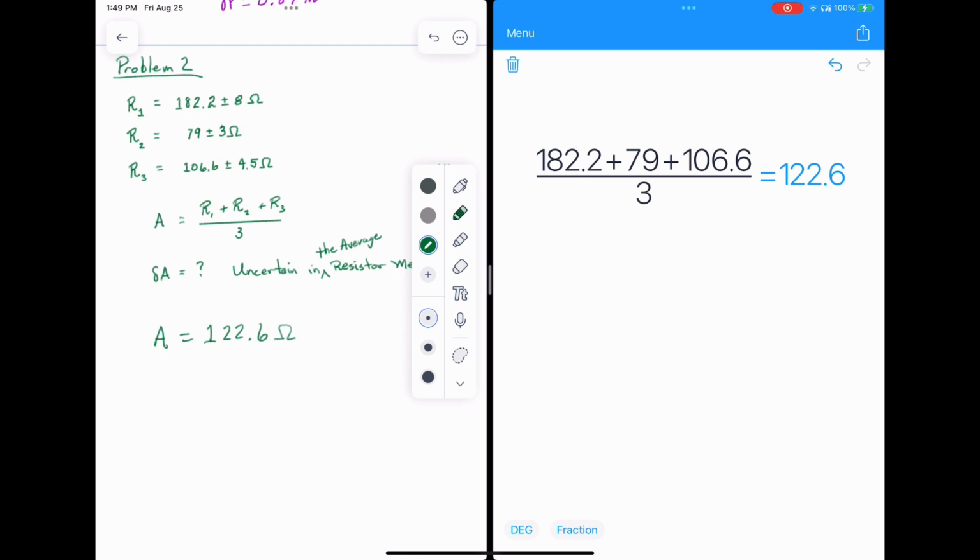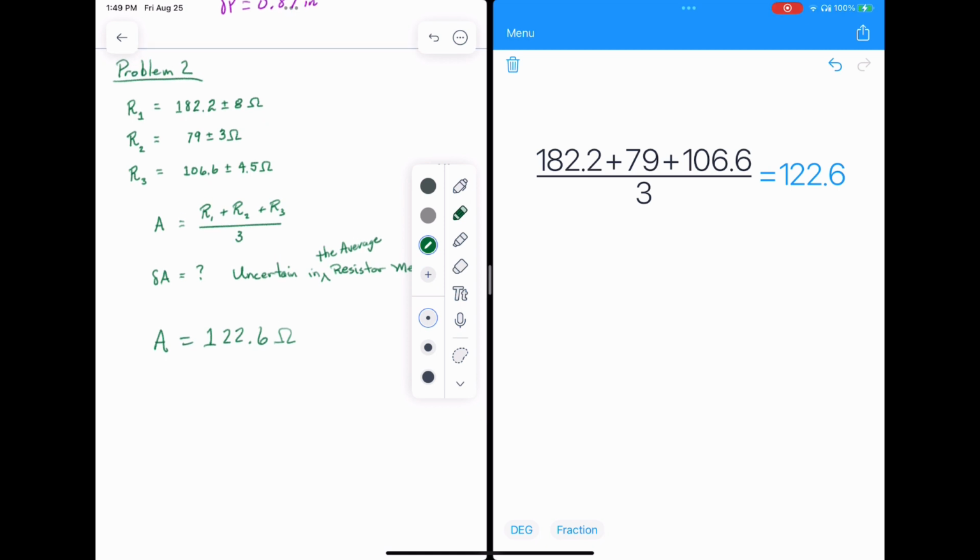Now I'm going to change that A to R sub average. I didn't have to do this. To me, it just makes it clear. Often when I'm looking at A, I'm thinking about the area. When I see R, I'm thinking about the resistance. So as to not confuse myself, I'm rewriting it, which may pose some confusion on your part. So let's move past that.